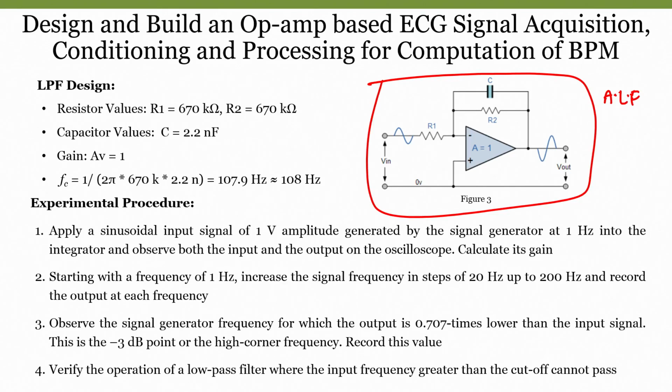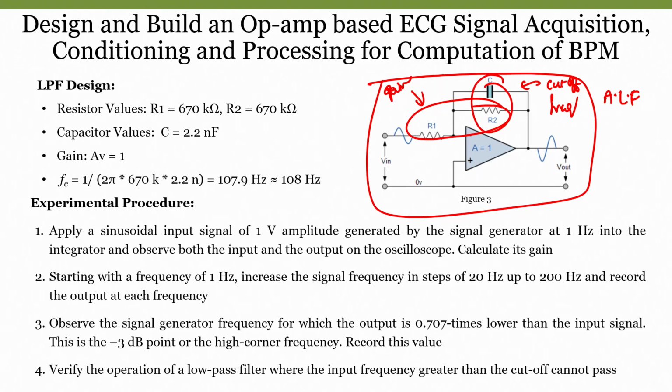The combination of R and C tells our cutoff frequency, and the combination of R1 and R2 resistors tells us the gain. Now, what value of cutoff frequency do we require? We require a cutoff frequency of 100 hertz. Since it is a low pass filter, I do not want to see odd multiples of our power line interference, that means 150 hertz, 300 hertz, everything. So, we will be using a low pass filter with a cutoff frequency of 100 hertz.